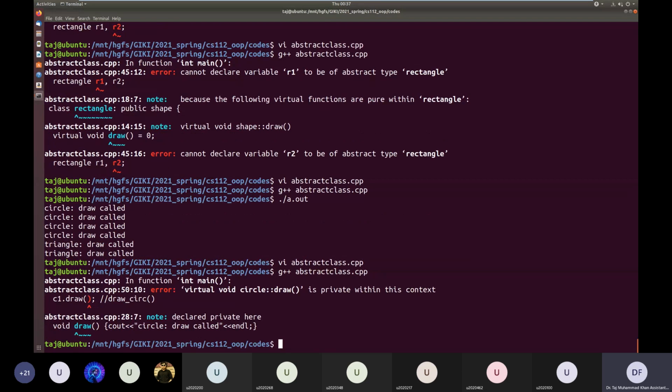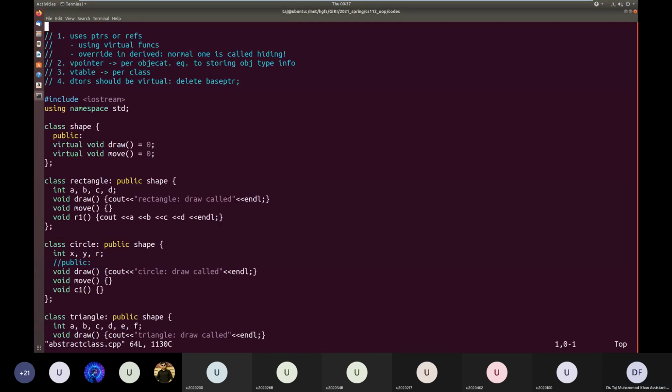Now it is telling us that this function draw in the class circle is private within this context. And what if these functions were not abstract, if they were concrete functions?